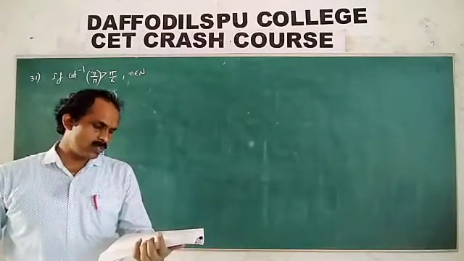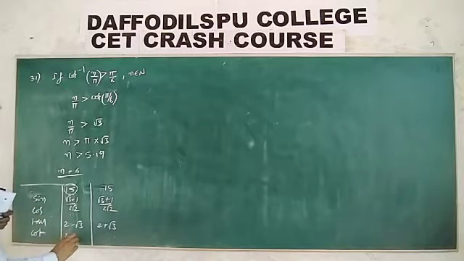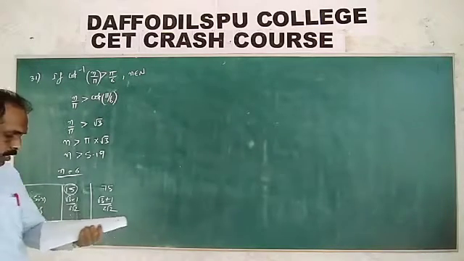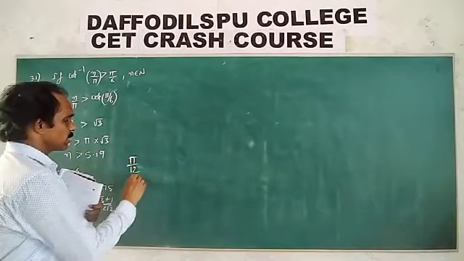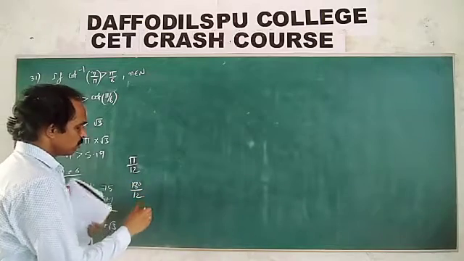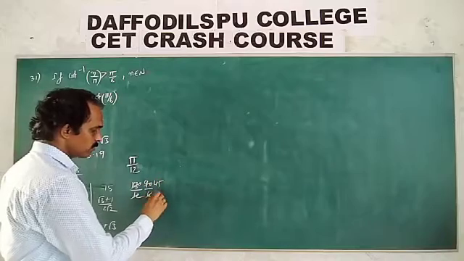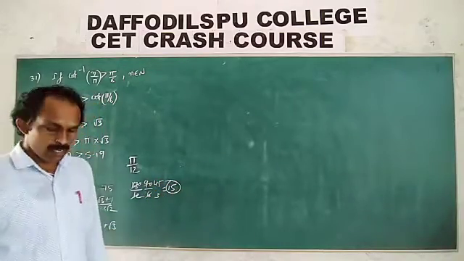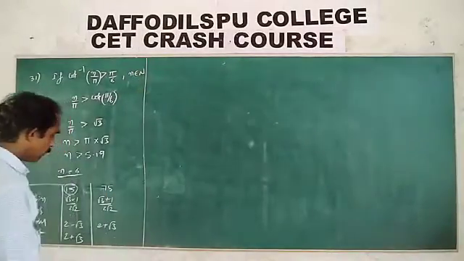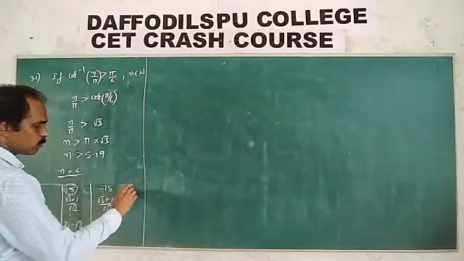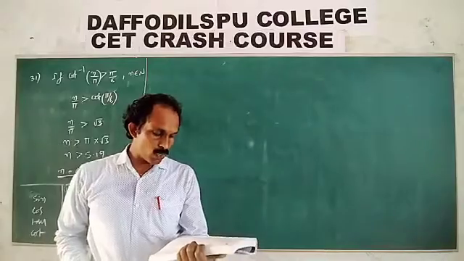Therefore, cot inverse of 2 plus root 3 is 15 degrees, since cot 15 value is 2 plus root 3. In terms of radians, that is pi by 12. Pi by 12 is the correct answer. 180 by 12, how many times? It is 15. So that implies the direct option: cot inverse of 2 plus root 3 is equal to pi by 12.